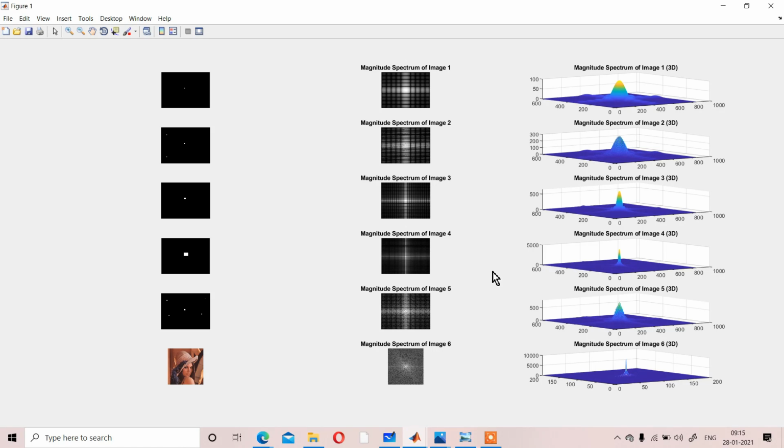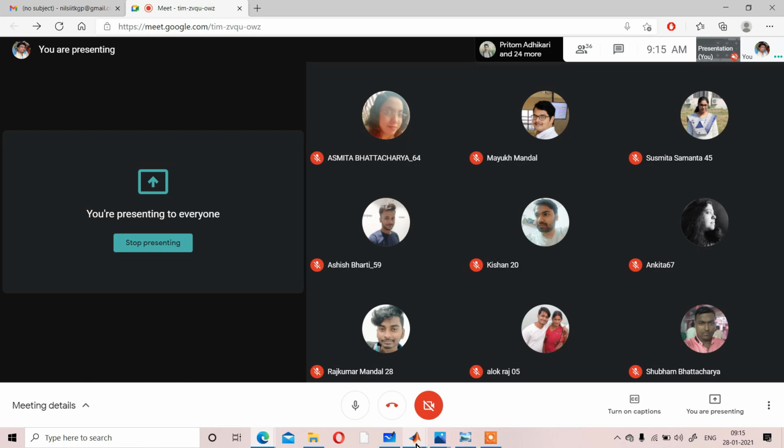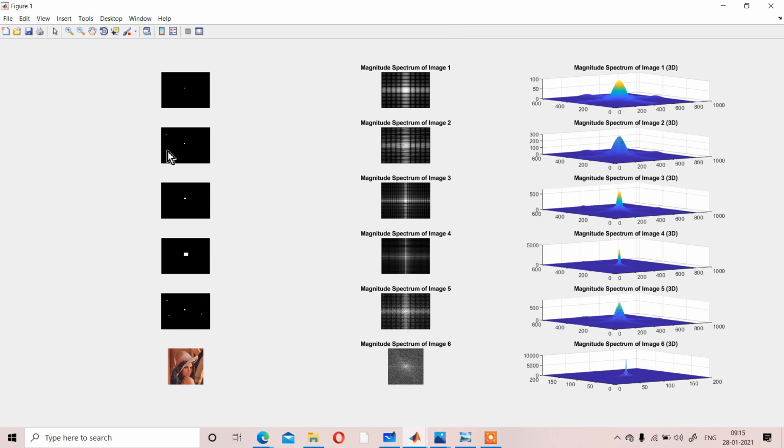If we do the DFT over the images in the leftmost column, the middle column defines the magnitude response of all the images after DFT, and that magnitude response is shown in a 3D format in the rightmost column.